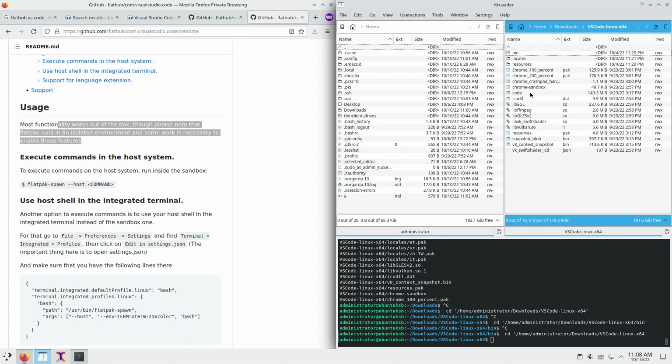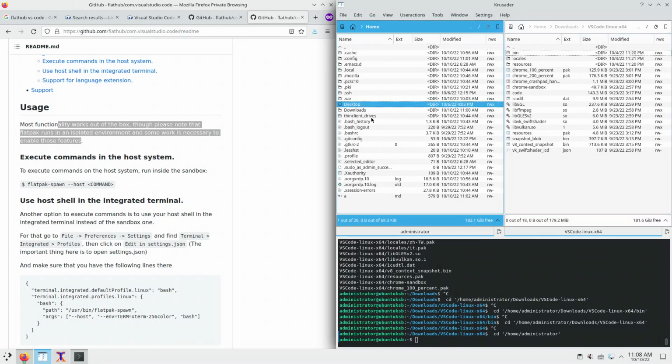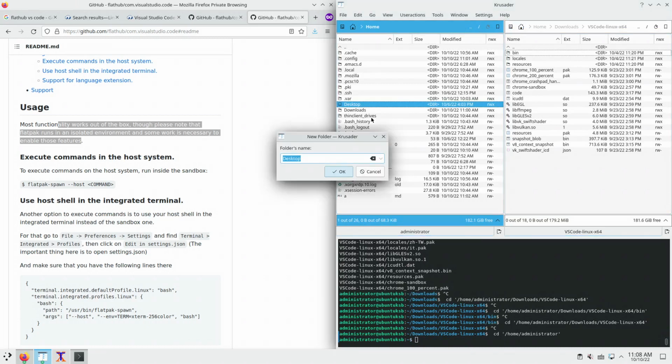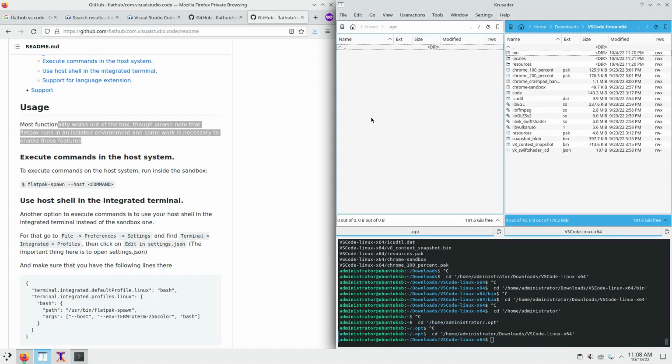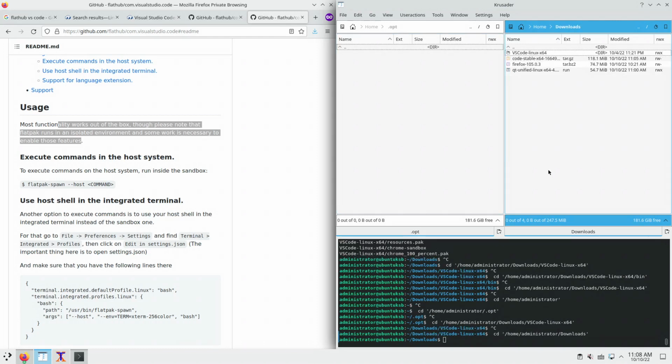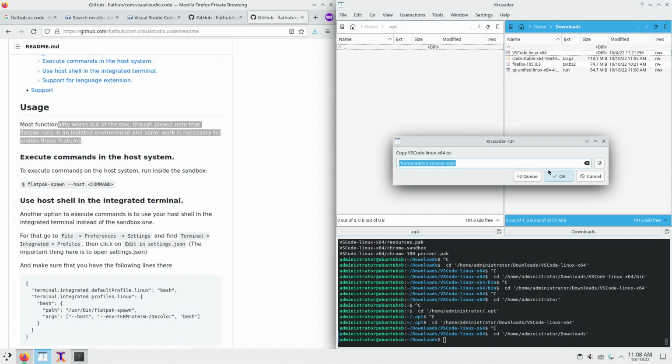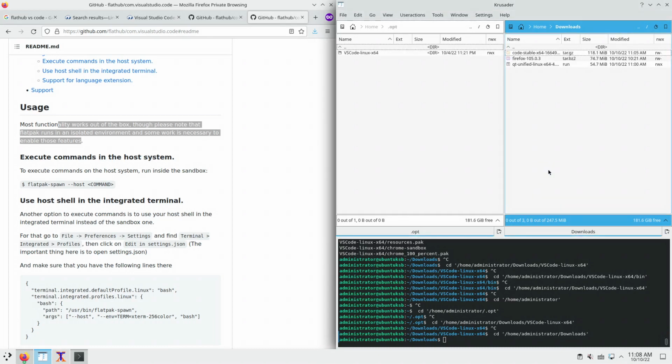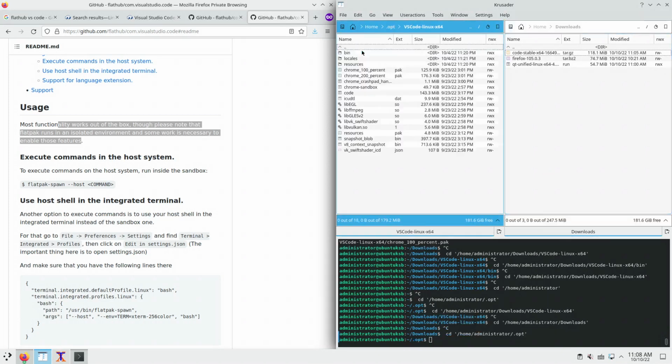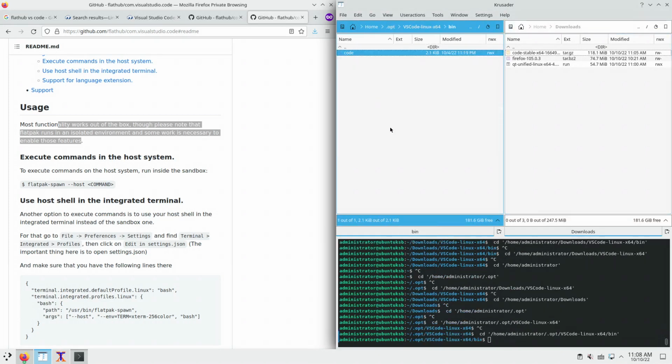I know, for now let's put it in .opt. So in my home directory I'll make a directory called .opt. And copy this directory as it is. Okay, and now I'll have this in the path. So I'm going to make a symlink,